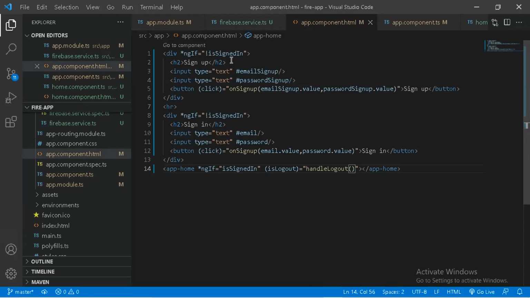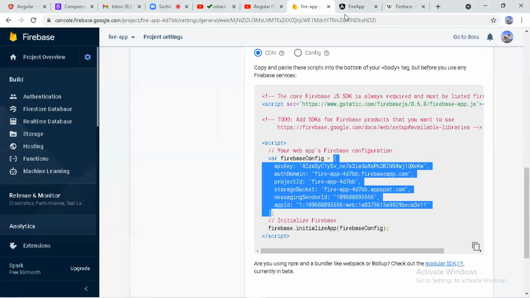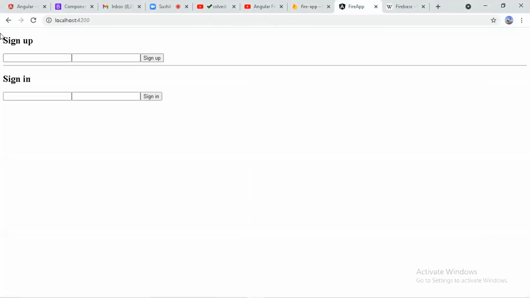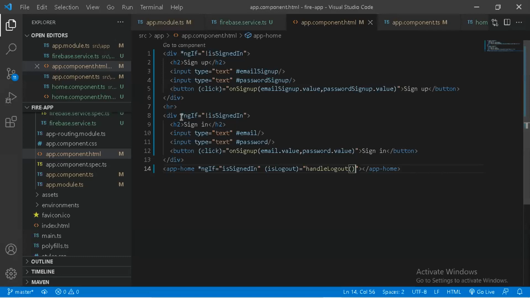So isSignedIn is my method. Here is the heading, sign up, and I take inputs like email sign up and input text password sign up, which are here on my Fire app. For sign in also, I created the same below, which is here.